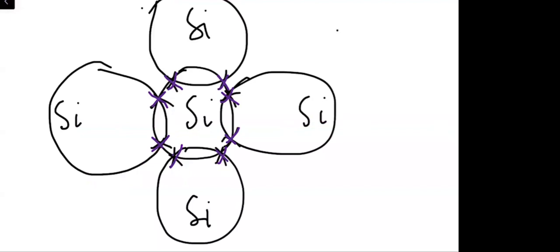Now, when we take a look at intrinsic semiconductor, as we have discussed, we have the valence band and we have the conduction band, right? So whenever we have the intrinsic semiconductor, we have basically,